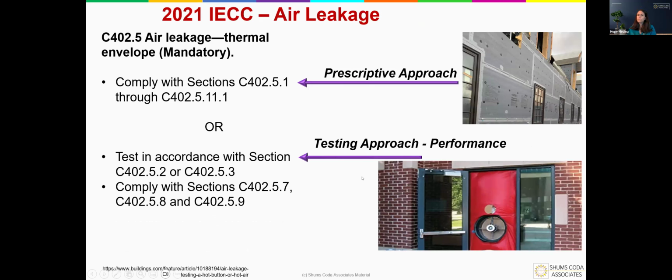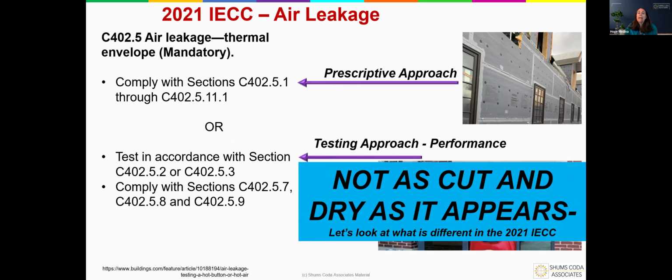Now in the 21, C402.5 is still very, very similar, right? It still says you're quote unquote prescriptive. You're going to comply with C402.5.1. This time you're going to go all the way to C402.5.11.1, or you're going to comply with the testing approach where you meet the CFM parameters. You're going to follow through some of the other things. Plus, you're going to do these sections that are the same sections that we saw in previous editions that were required. But the reality of what this is showing you is really not the case, because it's not as cut and dry as it was in the past. It's kind of all intermixing, and hopefully we'll be able to untie the knot that has been created